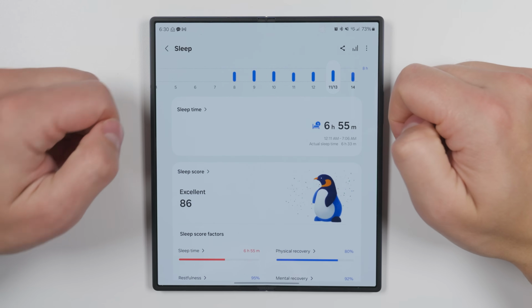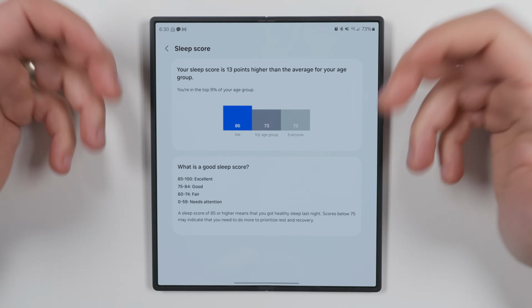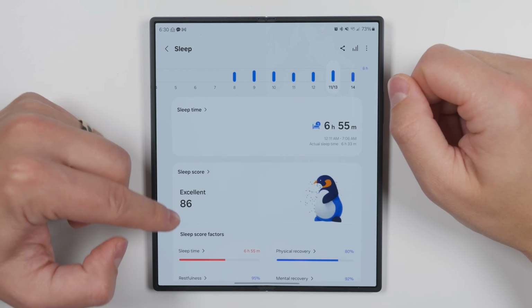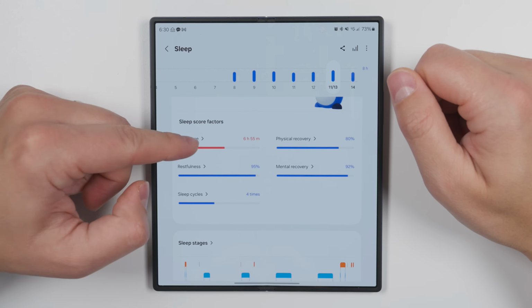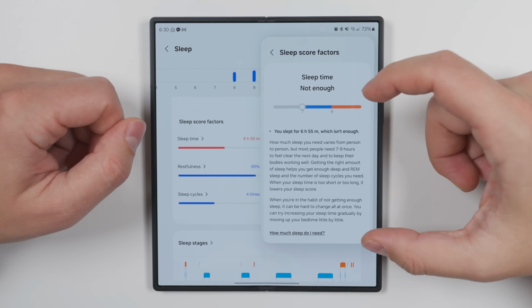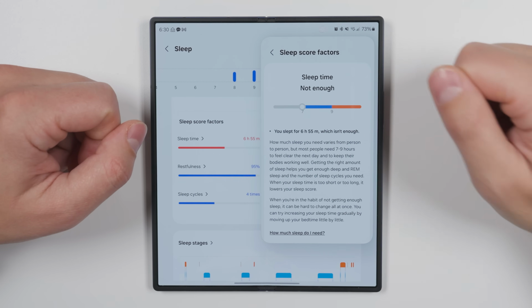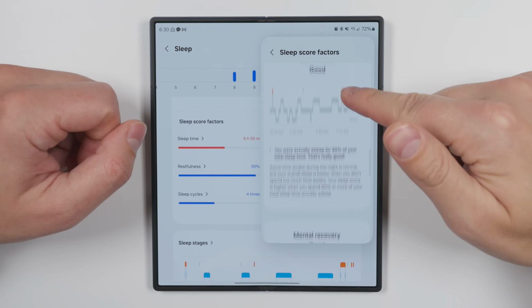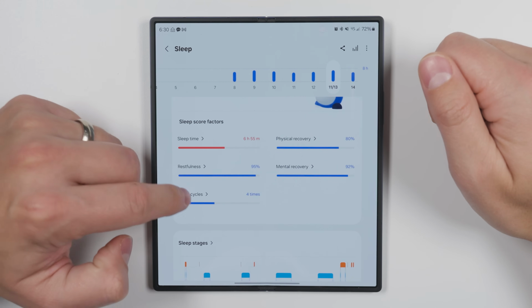If I back out of here and tap Sleep Score, you'll see how your sleep score compares to other people in your age group and everybody. If I scroll down a bit and tap one of these sleep score factors, I'll get a much more detailed description of what that factor means. And you can either scroll through to see all of the different factors, or just tap a different factor and